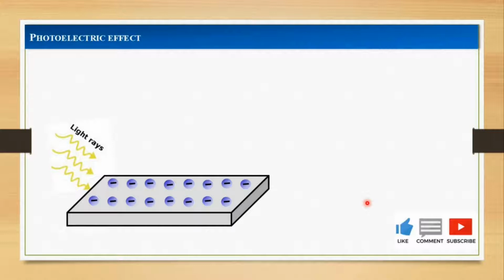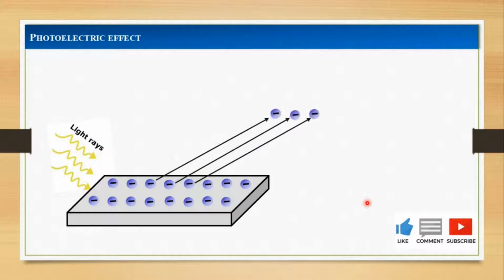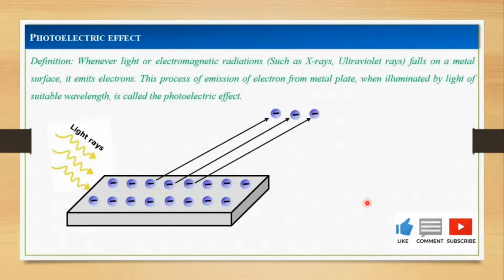surface absorb enough energy from the incident radiation to overcome the attraction of positive ions in the material of the surface. After gaining sufficient energy from the incident light, the electrons escape from the surface of the metal into the surrounding, and this process of emission of electrons from a metal plate when illuminated by light of suitable wavelength is called the photoelectric